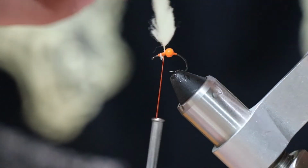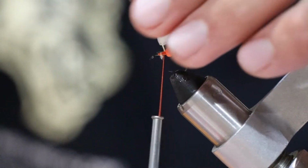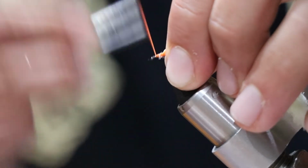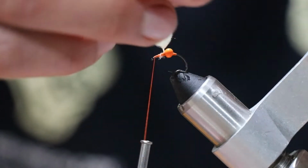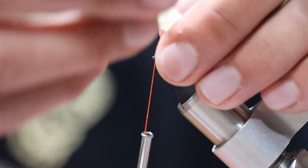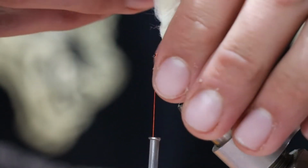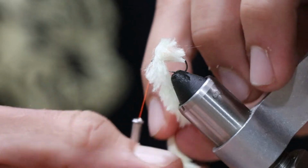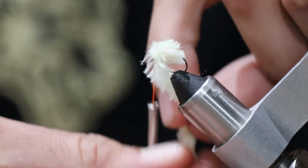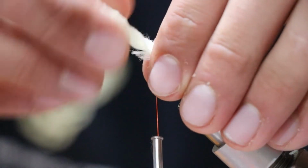And then from here, as I'm wrapping this Eggstasy foam, I'm just going to be pulling it back like that. That way it lays back on itself. First we're going to get that thread all the way to the front, get the core done, and as we do our wraps, we're just going to pull those fibers back to make sure they fall back on the fly. Normally I only do about 3 to 4 wraps,